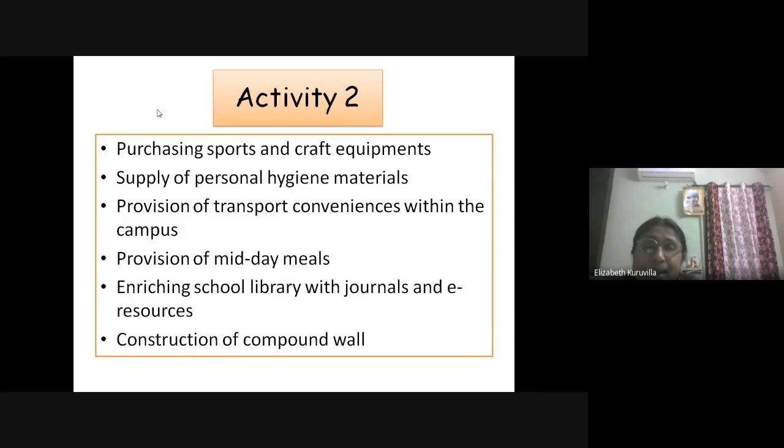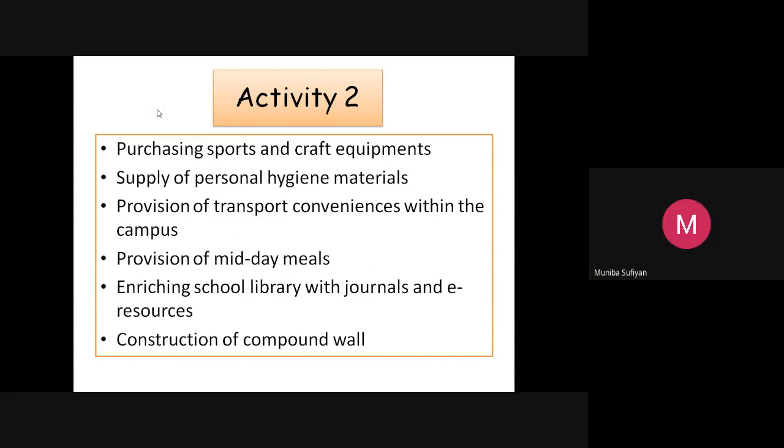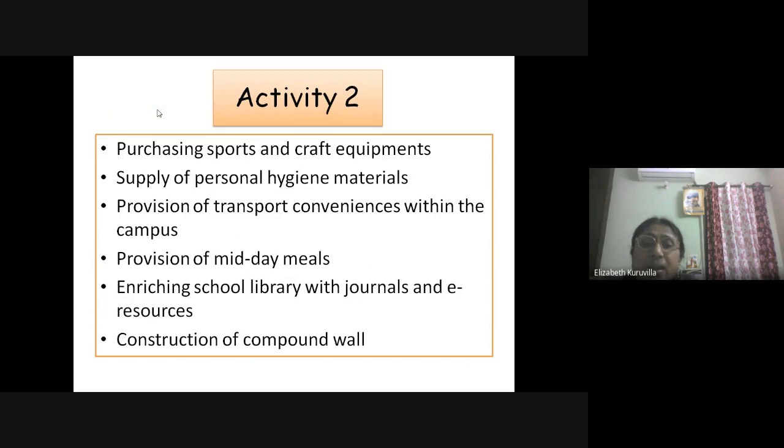James, are you there? James? Left. Muniba, you are there. Yes, ma. Okay, good. Suleiman, are you there? Yes, ma. Okay, then whether anybody else has entered, Ola Abdul? Anybody else is there?